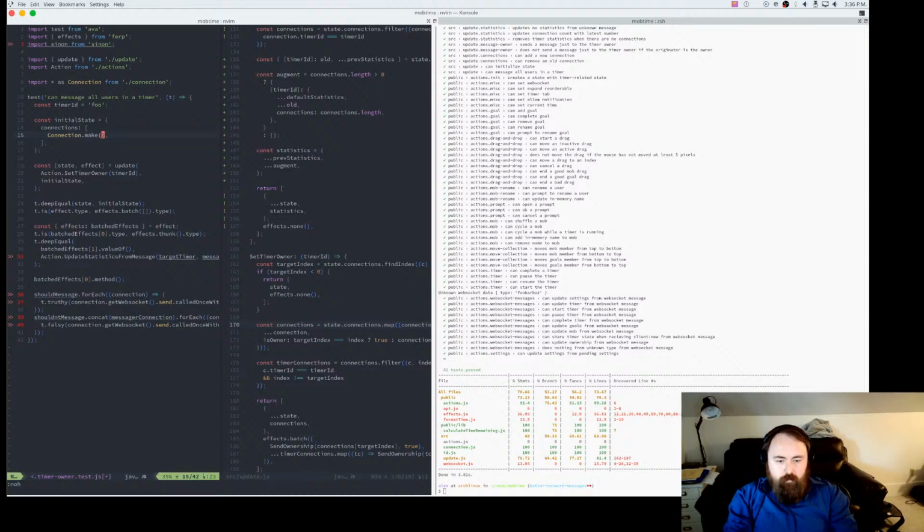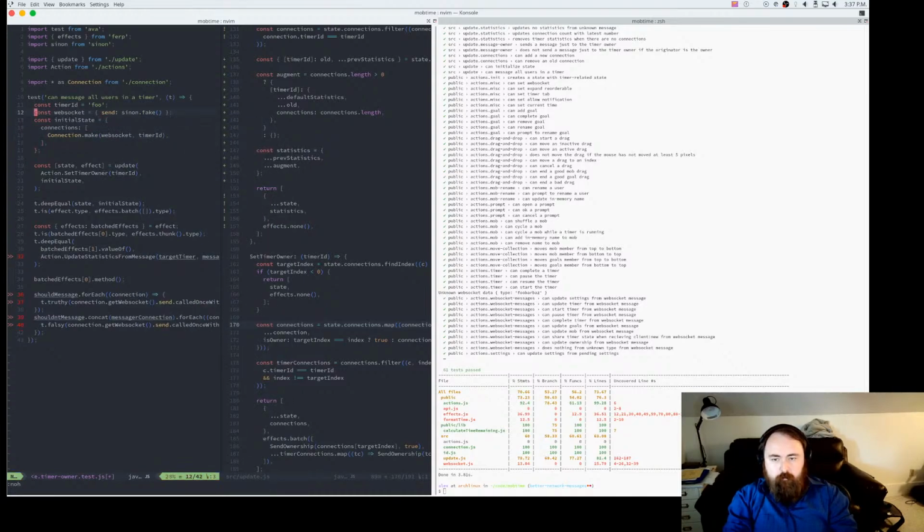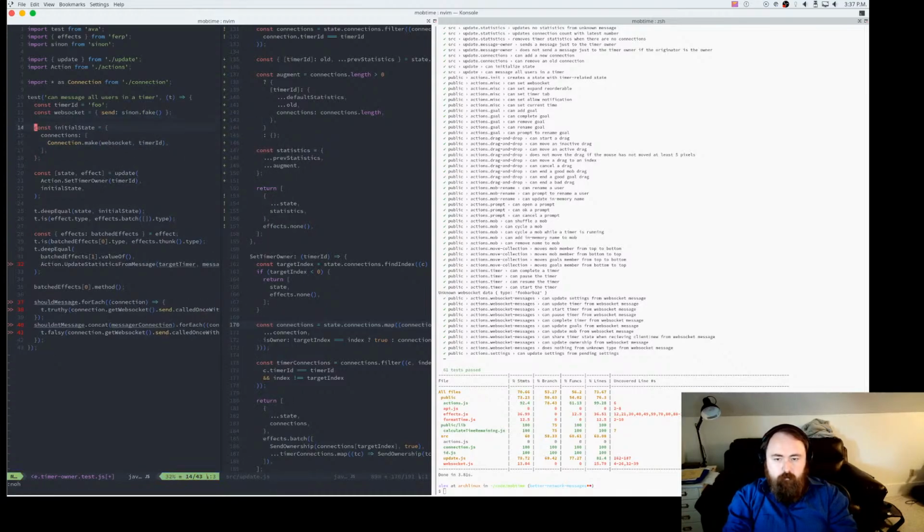Anyway, so it looks like we do send a message. So let's just do const WebSocket. It's going to be like send fake. That'll be enough to make it look like a WebSocket. And they're going to be part of the timer ID here. And we know that this shouldn't... oh, it does actually change.